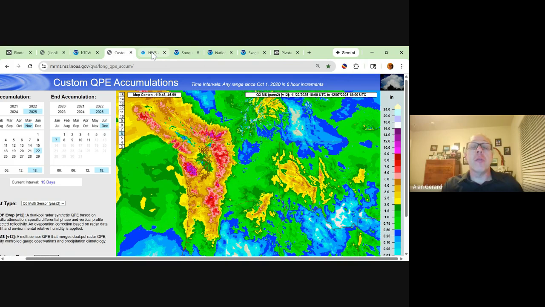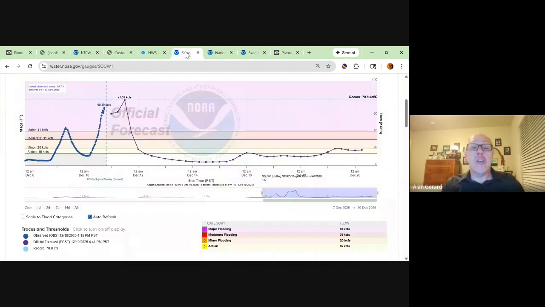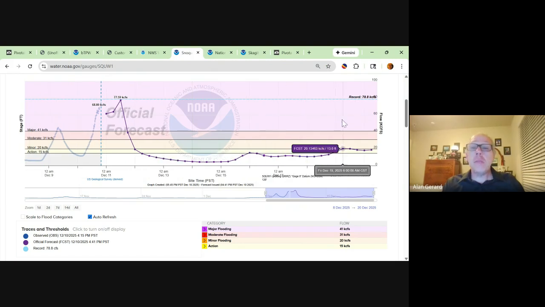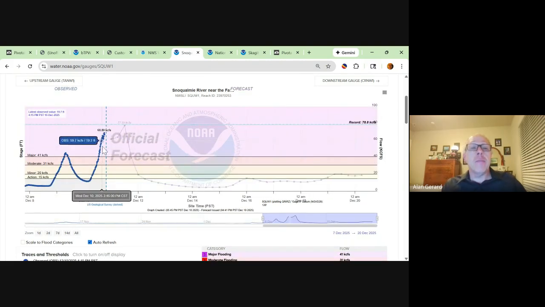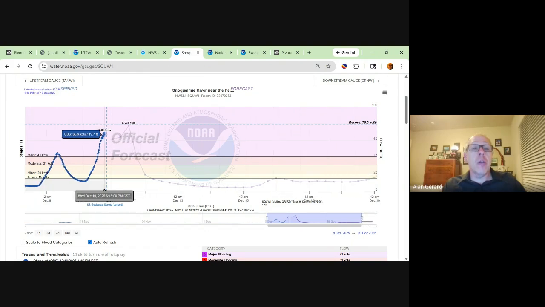I want to take a look at some of these gauges here. I want to look first here. This is the Snoqualmie River at Snoqualmie Falls. And for whatever reason, they're not using a stage forecast here. They're using a flow forecast. So what we're looking at here is the amount of flow that's going through the river in thousands of cubic feet per second. And so you can see here, I'm going to try to zoom in a little bit on the fly,